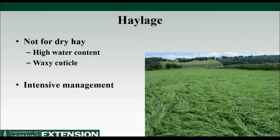Not a nutritionist, but that might help slow it down, because when they go out, they're probably going to like it. But